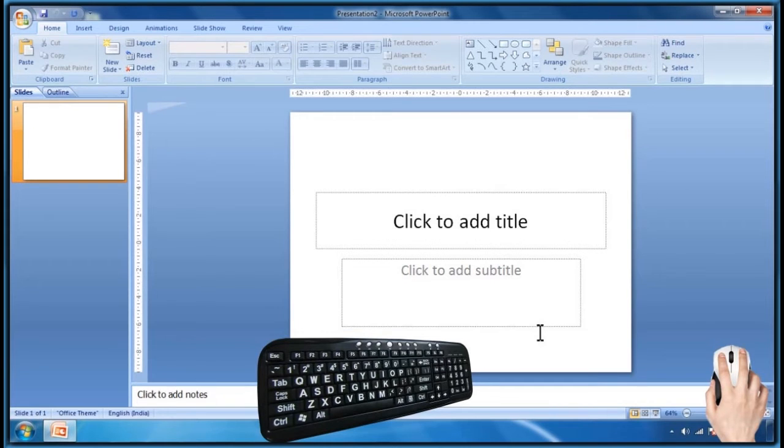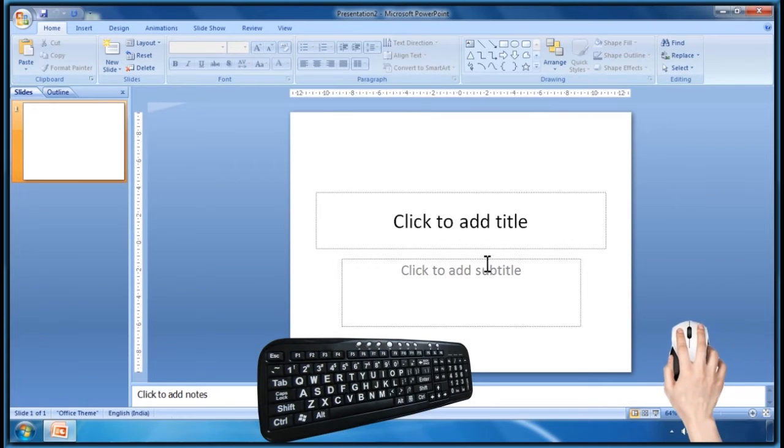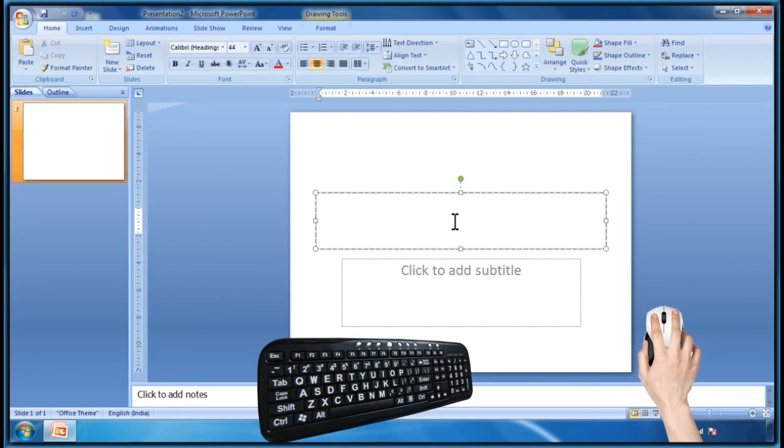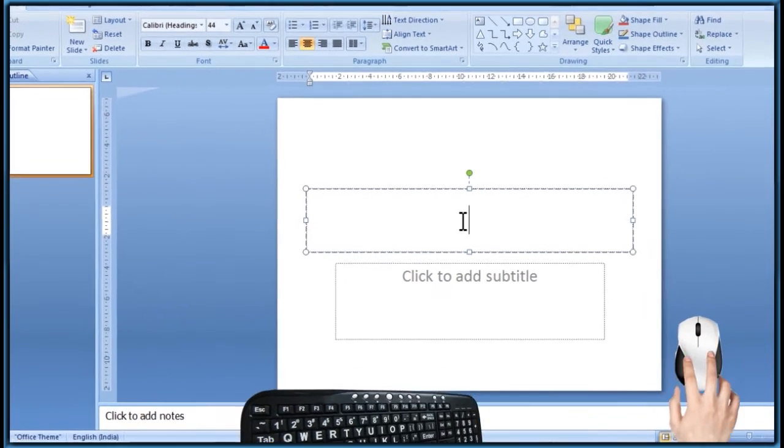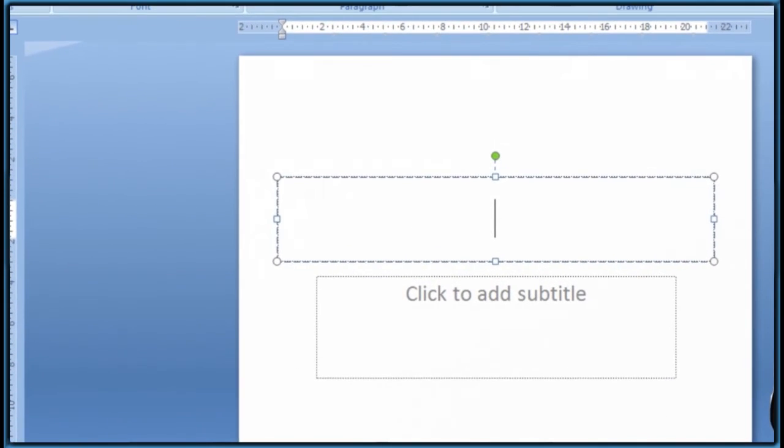The presentation having one slide with two placeholders. Here I am going to add some text. Click on the first placeholder. And type the text, Learn PowerPoint.